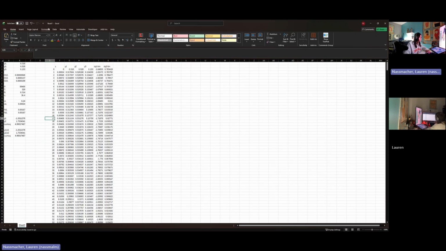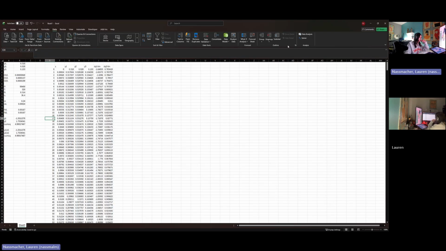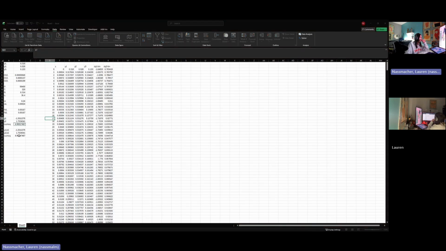From here, we'll use a solver. So this solver will help us find the correct values for our N1 and our N2 values, a molar flux of 1 and 2, in order to figure out how to get our mole fractions of 1 and 2 to be 0 at the 0.24 meters. So here's our solver. We want the sum squared to be as close to 0 as possible, so minimum, and we want to change the variables of these two cells. And if we solve,